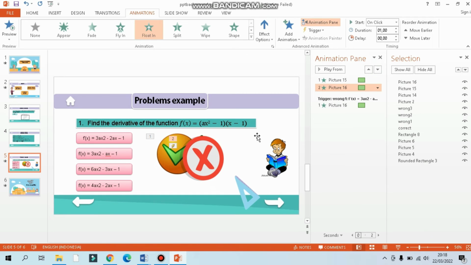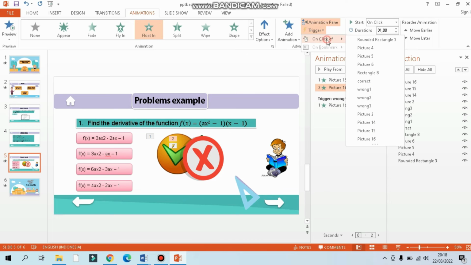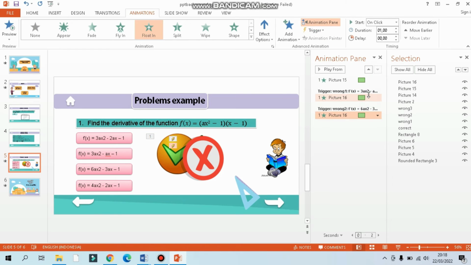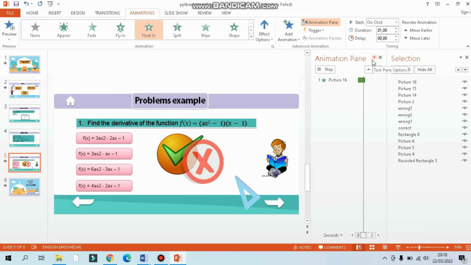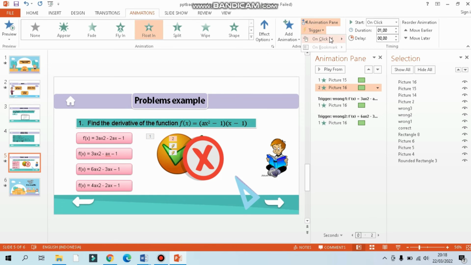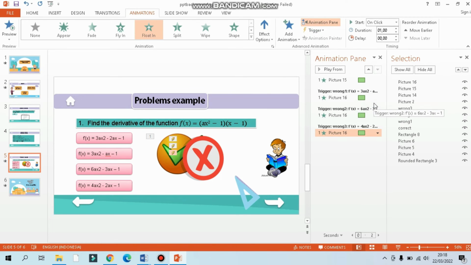Next, click trigger, on click of, and wrong 2. As well as that, next we click floating, click trigger, on click of, and wrong 3.